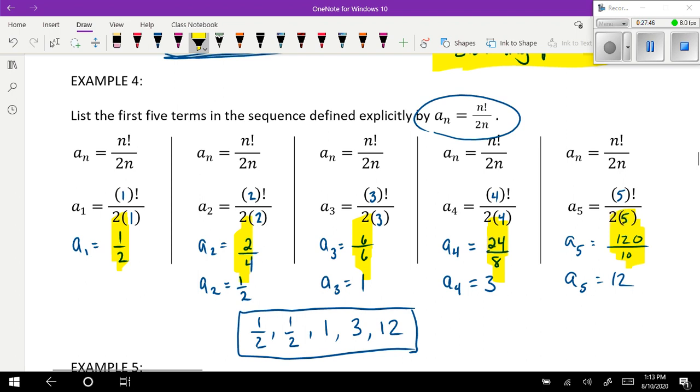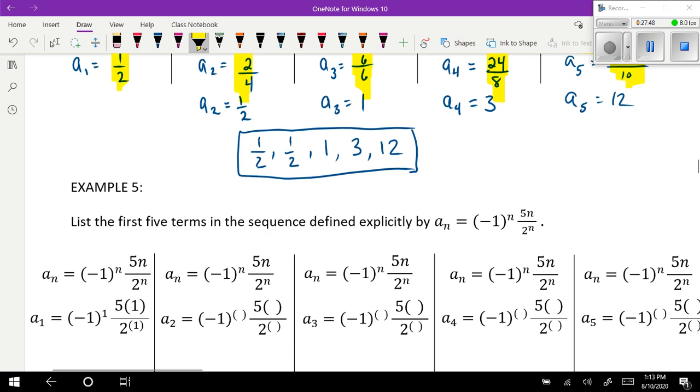All right, let's move on to example 5. In example 5, I have: list the first 5 terms in the sequence defined explicitly by a sub n equals -1 to the n multiplied by 5n over 2 to the n. So this -1 to the n, what I'd like to see you guys doing is marking up your paper a little bit. This is going to alternate signs